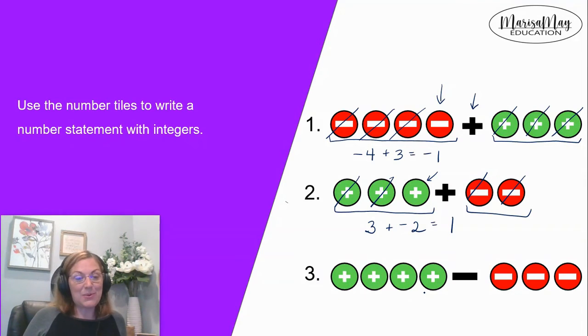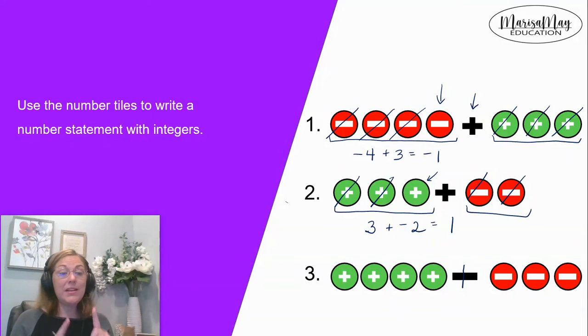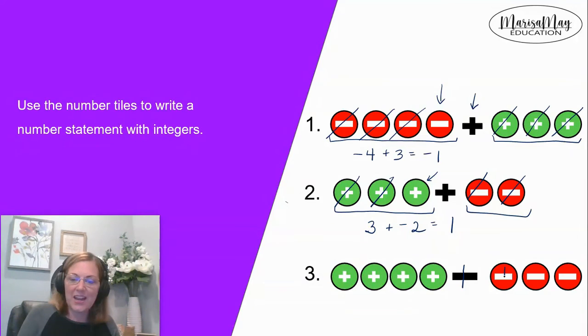Okay, let's look at number 3 then. It's a little different with subtraction because when we do subtraction, we have to change it to a plus, but the only way we can change it to a plus is if all of the tiles after the sign also change. So these all become good guys. Let's write the number sentence then, though. It was 4 minus -3, but now it really becomes 4 plus 3 good guys,